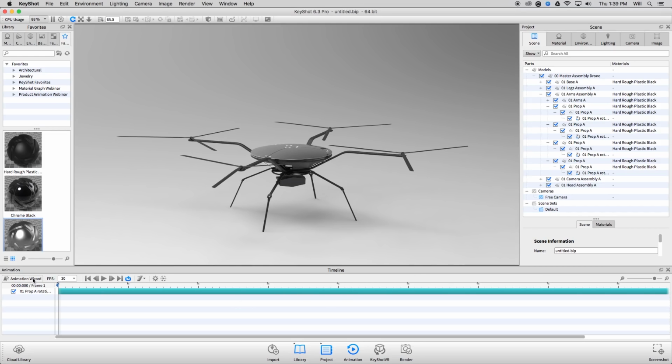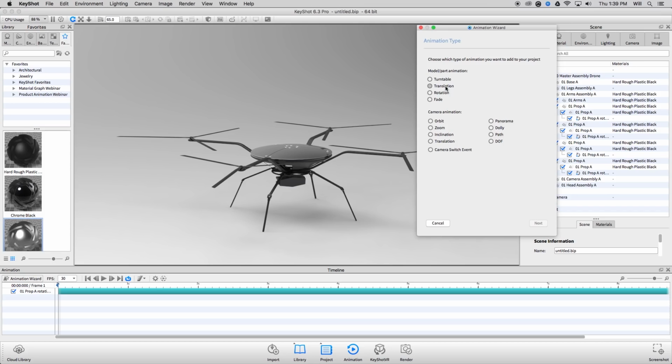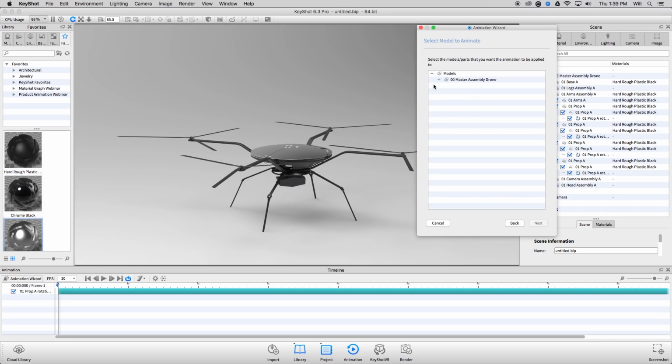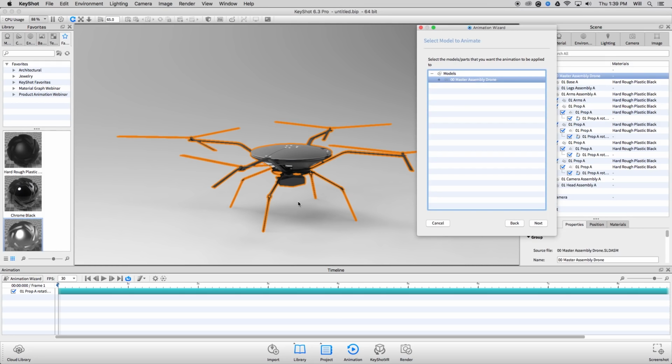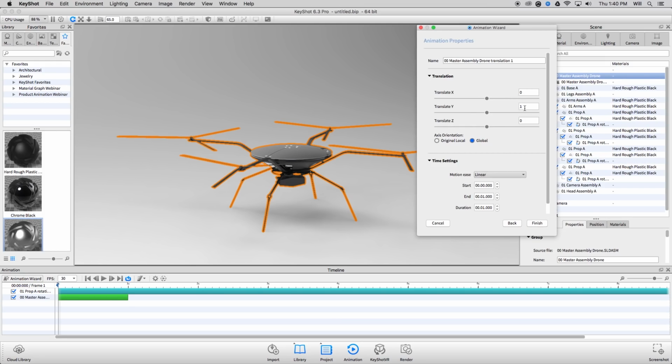So what we're going to do is launch the animation wizard, go ahead and choose translation, because a translation, remember, is a linear movement. We're going to translate the entire assembly of the drone from the ground up into the air. So we'll hit next, and in this case, we want to translate it in the Y direction because we know it's going to go up. That's both the drone's local up direction as well as KeyShot's up direction. And remember, I'm in millimeters, so I want this to be a fairly large number. I'll type in